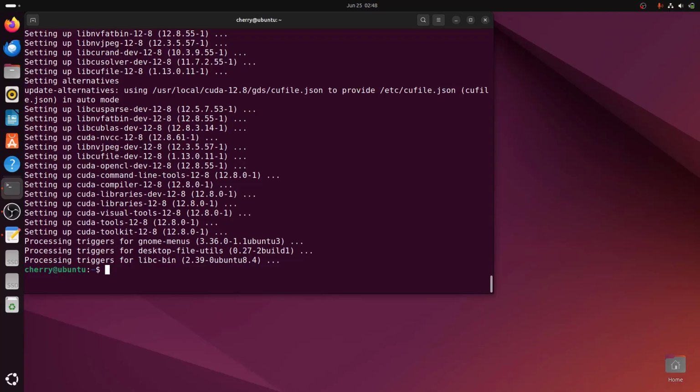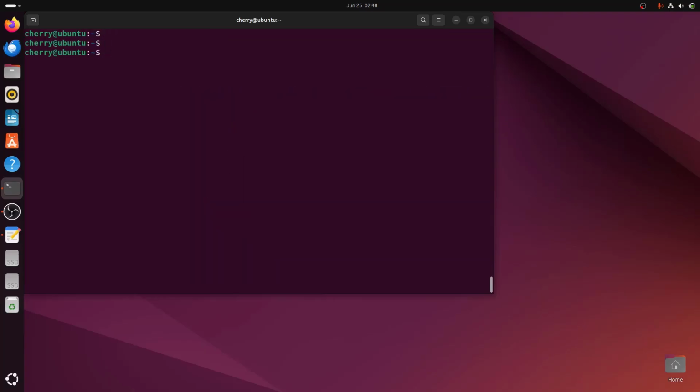All right, so now the only thing remaining is to install the drivers. There are two ways of doing this. First, you can run the command sudo apt install nvidia-open. This command will install the open kernel module flavor. The other way, you can install the legacy kernel module flavor. To do so, you can run the command sudo apt install